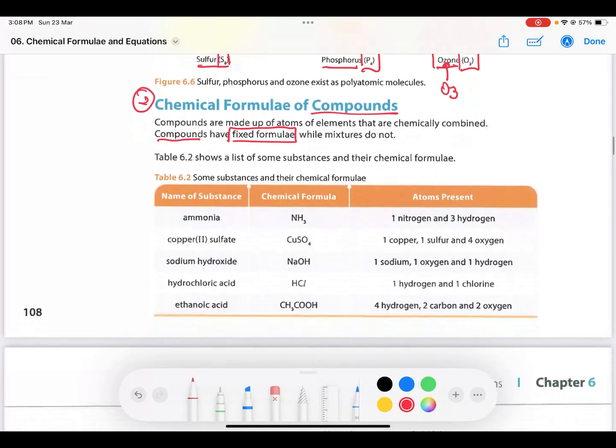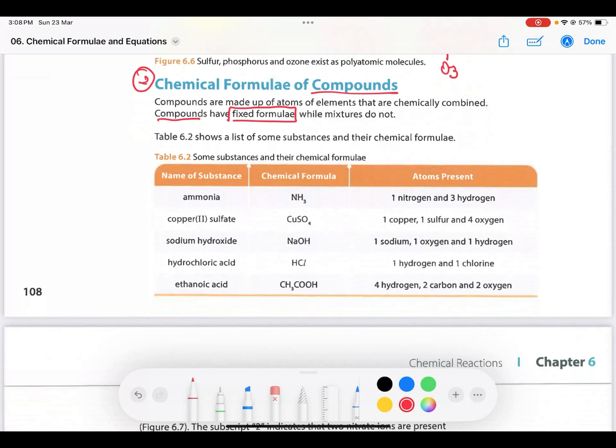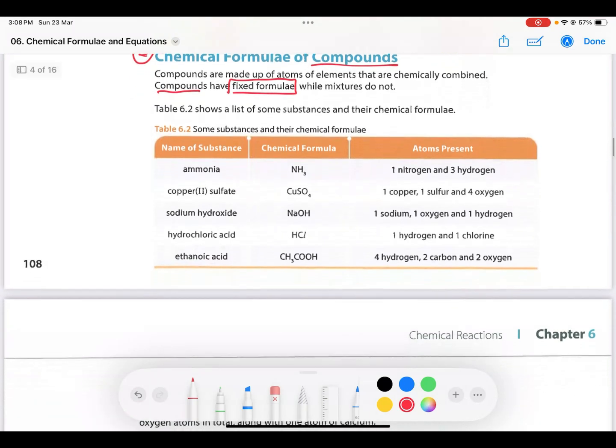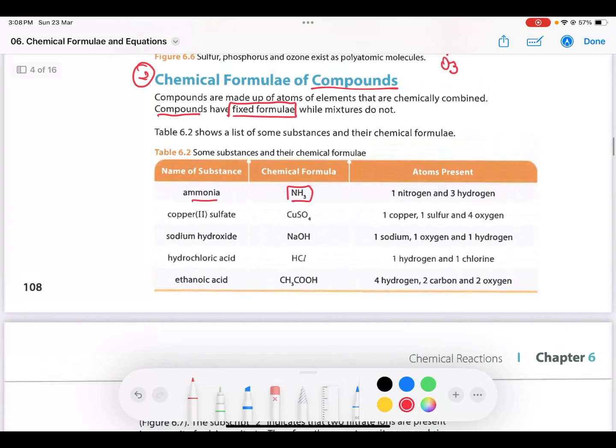So some of them that you need to look at, that's quite common, is ammonia, NH3. This one you need to memorize. Another one that you most probably memorize is methane, which is CH4. These are the two chemical formulas of compounds that you should remember, because the name doesn't